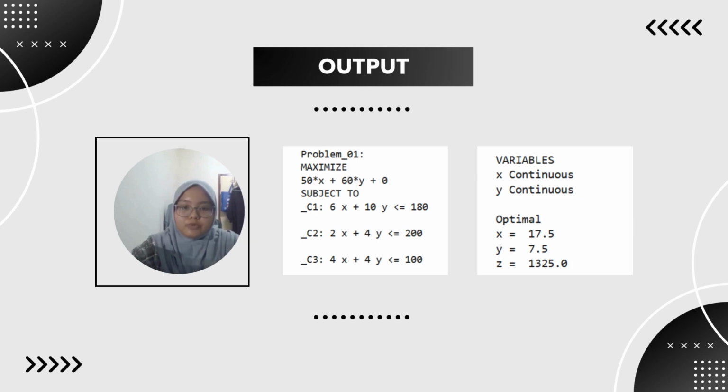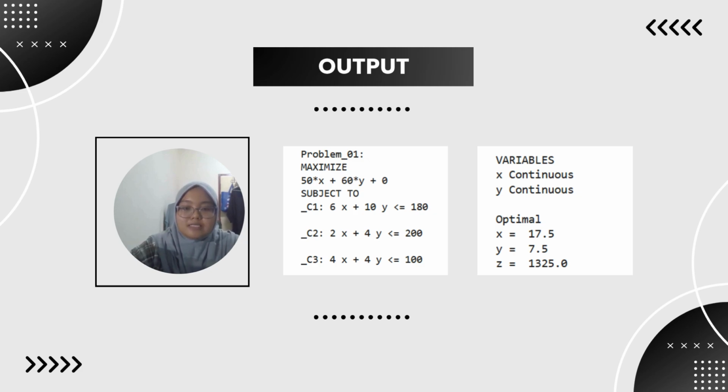So here is the output for the first question. Based on the Python, the output will display the name of the problem, which in this case is problem 1, and also its goal, which is to maximize the quantity of model chair. Since I have used the print LP prop command just now, it will display the objective function and also the constraints. And then it will also display the variables, x and y, and it is stated here that it is continuous since